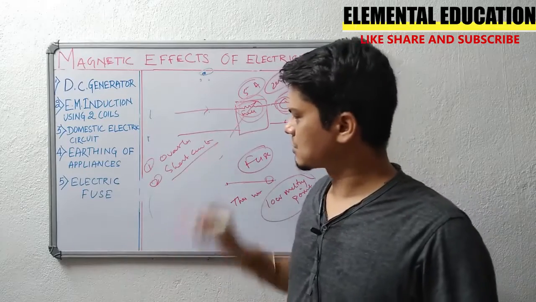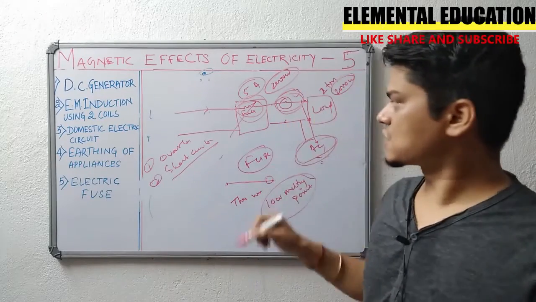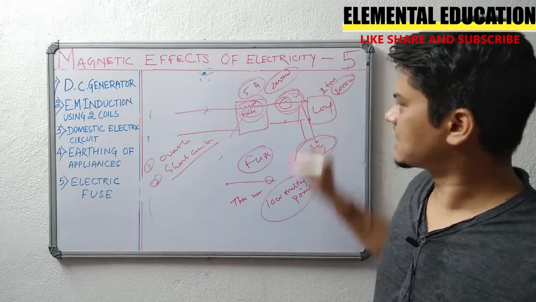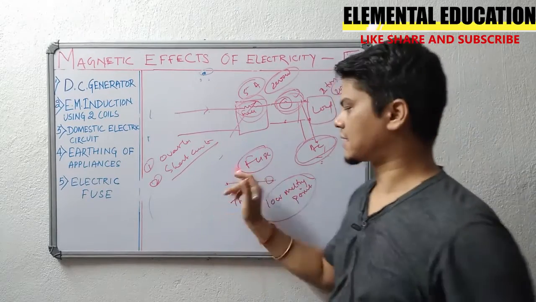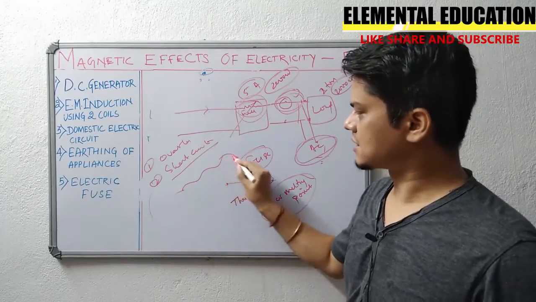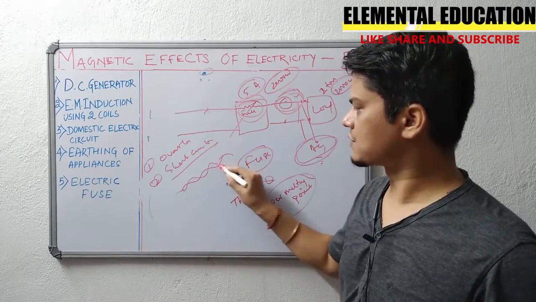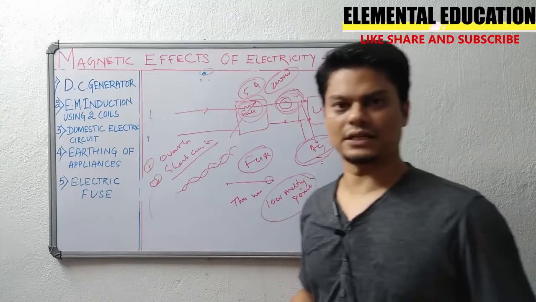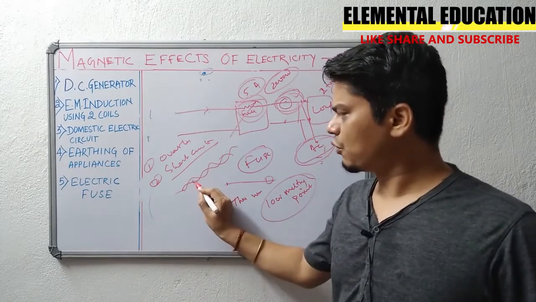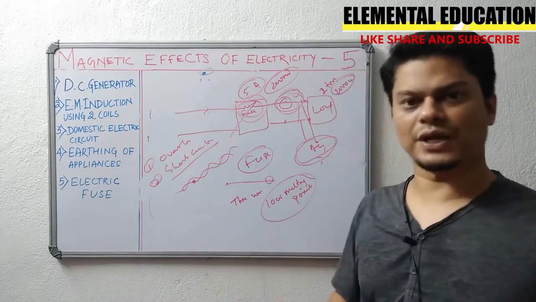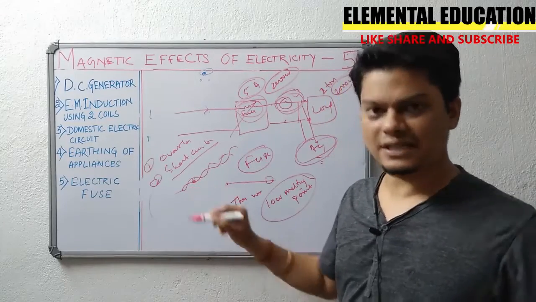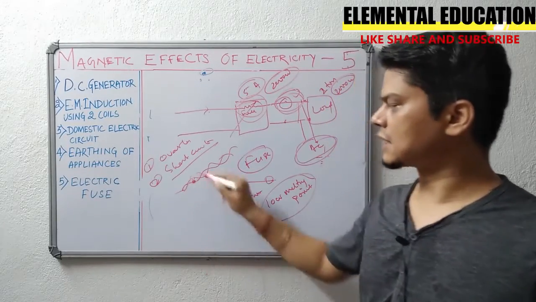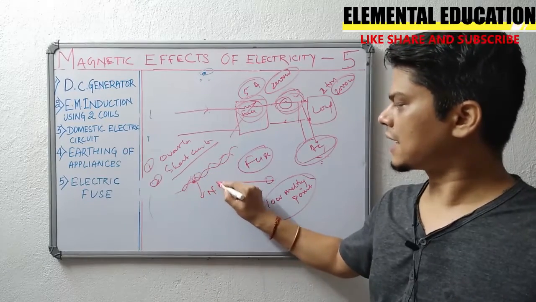The next one is short circuit. So what is a short circuit? When the line and neutral get connected. Suppose this is a wire. We know the wires are twisted together. This way the wires are twisted inside. Due to overloading condition or the wire insulator getting weak, it will melt. If this melts inside, it will get short circuited. That means neutral and line get connected.